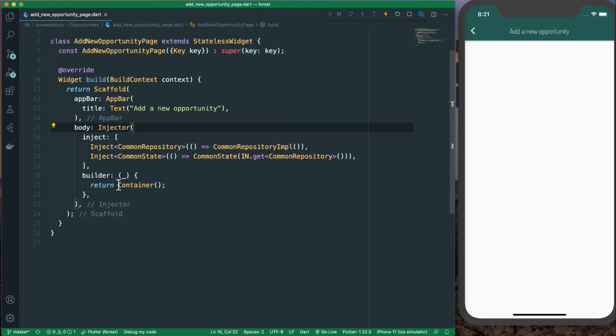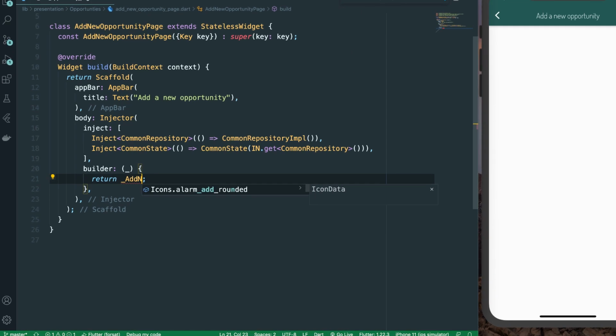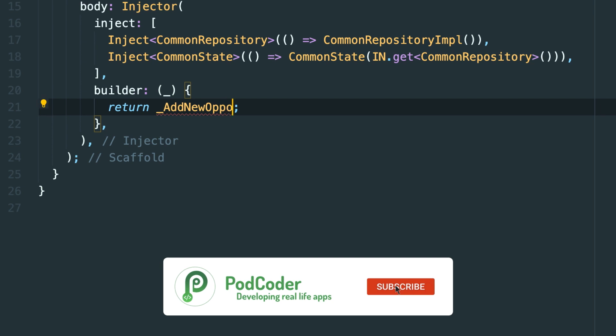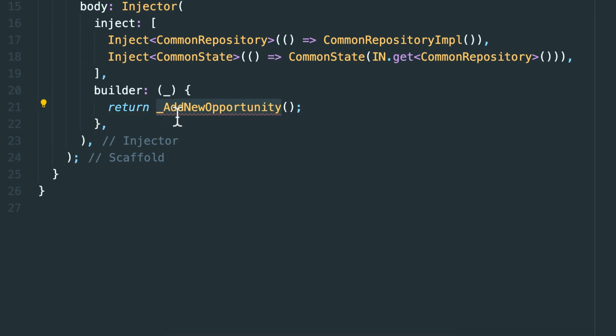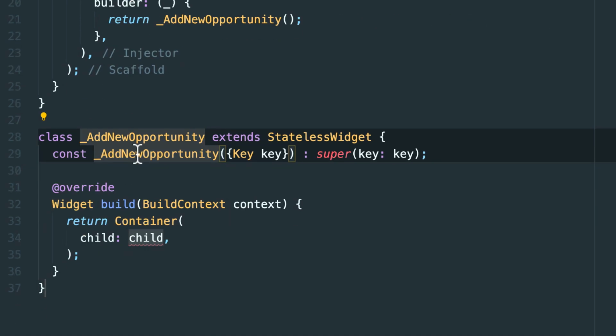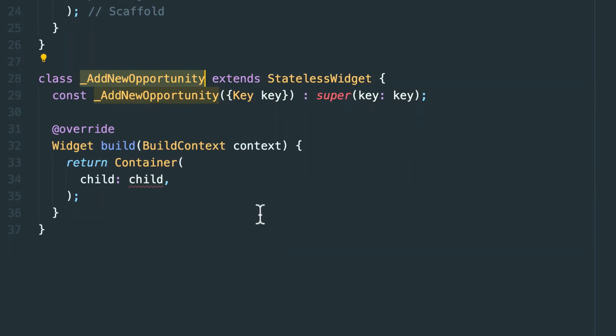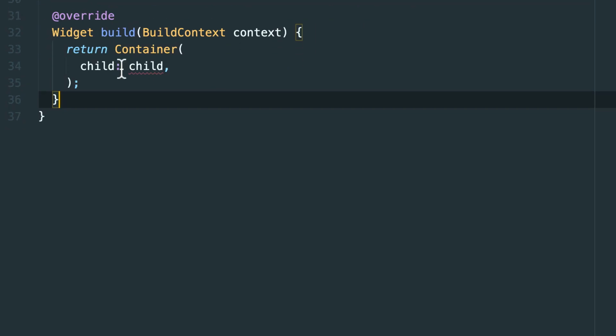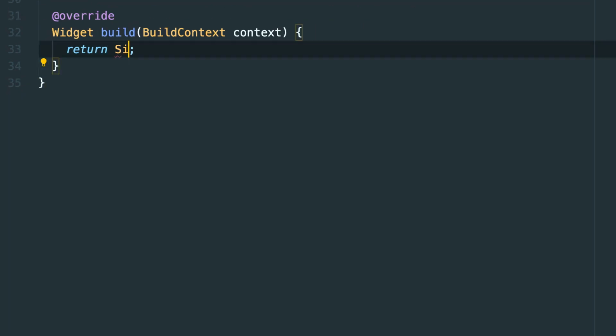So for that, instead of returning this container widget, I'm going to return AddNewOpportunity, and this does not exist. You see here I prefixed it with an underscore, which means this is a private class. So we will have a stateless widget, and the name of this stateless widget would be AddNewOpportunity. And here I am going to return a single child